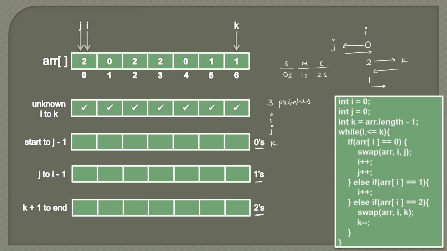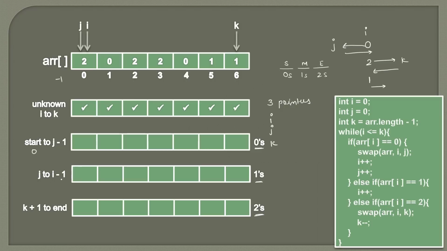Now slowly when I move ahead, it will try to encounter these numbers and explore them. So these ticks will come in these 3 regions, marking the zeros, ones and twos. At the start from I to k, all numbers are unknown. From the start, which is the 0th index, to j minus 1. So j is actually pointing to the 0 index. If we do minus 1, we'll reach here. So currently there is no such area or range.